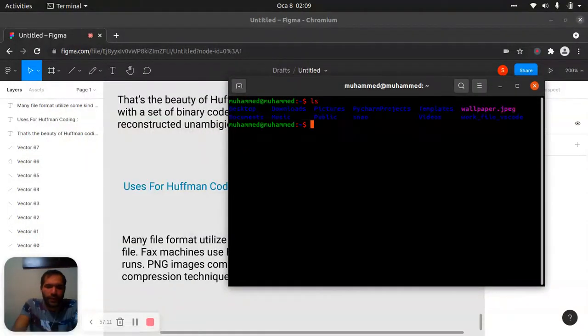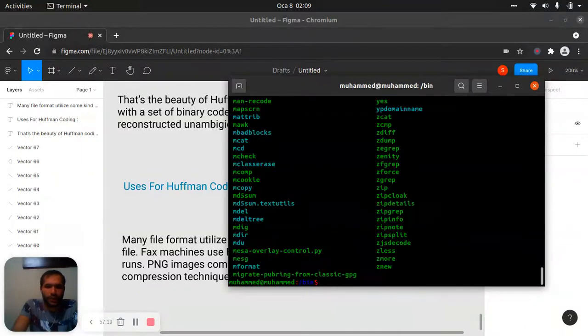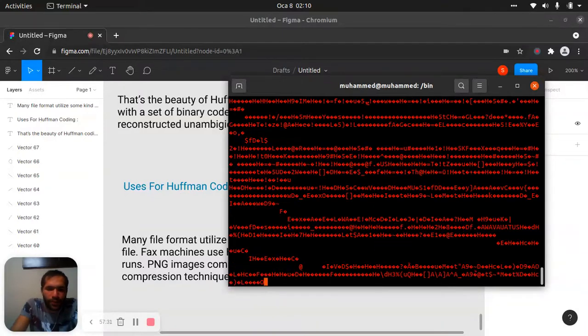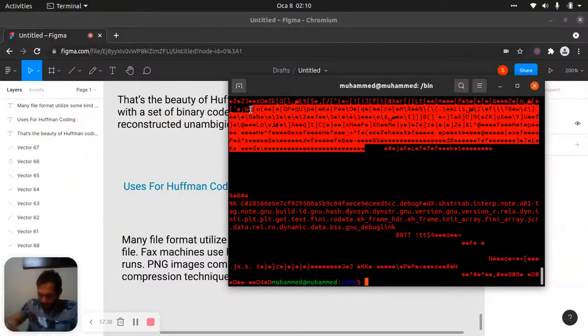Now let's say ls. Let's go back. Yep, and let's go in binary. And let's say cat, and let's go in anything. I don't know which one. Let's say zip. Let's go in zip. Now, have you seen zip? What do you know? This is